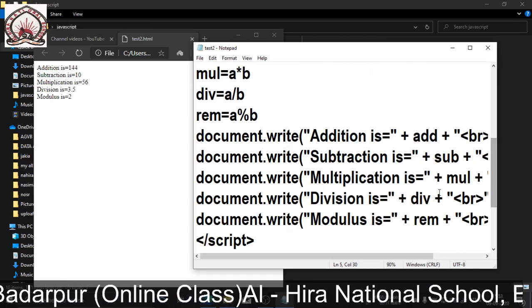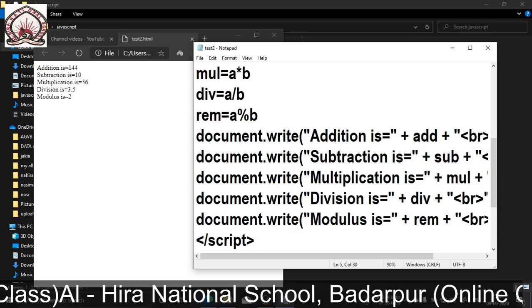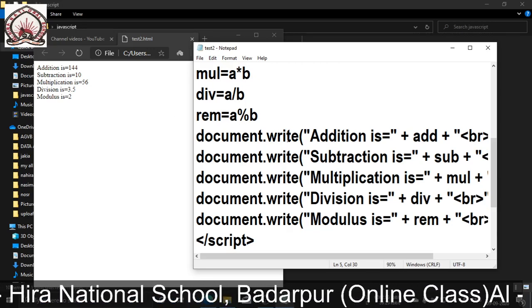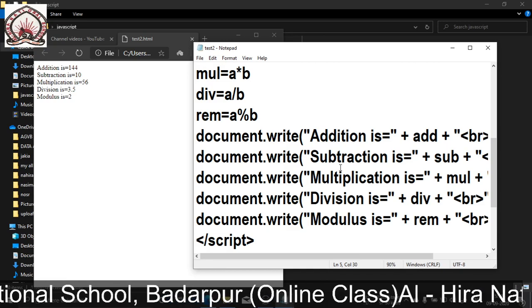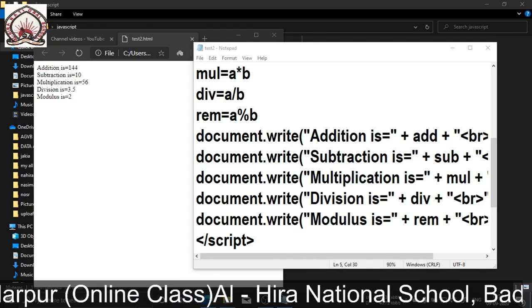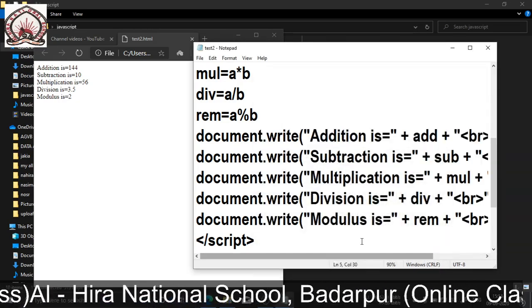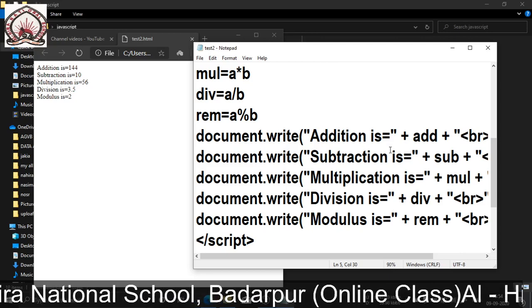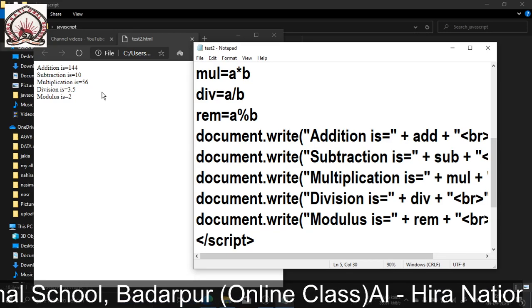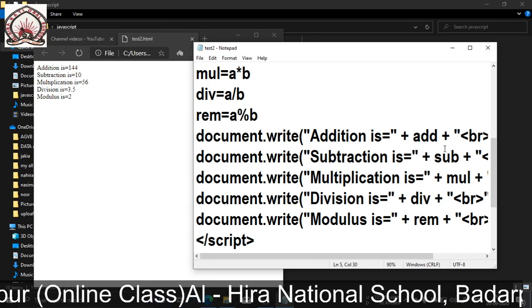Then in the output, as I have told you already, anything we write within document.write is displayed in the output. Here I have written addition is, subtraction is, and so on. Where is the value coming from?